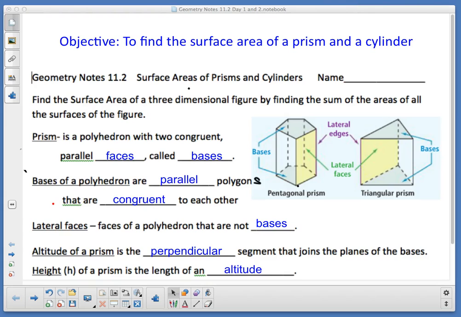Okay, our objective today in 11.2 day 1, we're going to find the surface area of a prism and a cylinder. It's the cylinder we're going to do tomorrow. We're going to do some pre-notes for it today. Find the surface area of a three-dimensional figure by finding the sum of the areas of all the surfaces